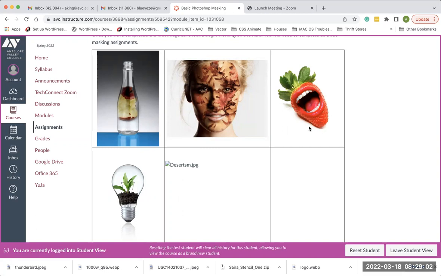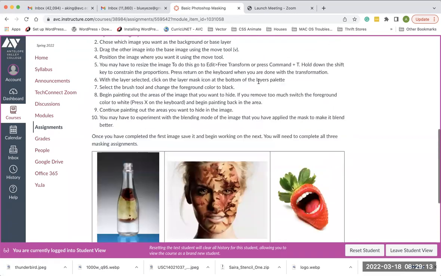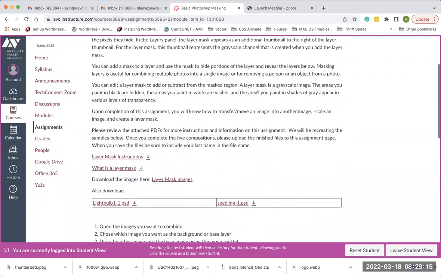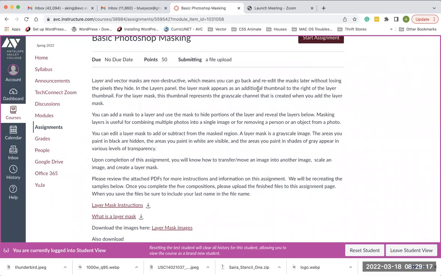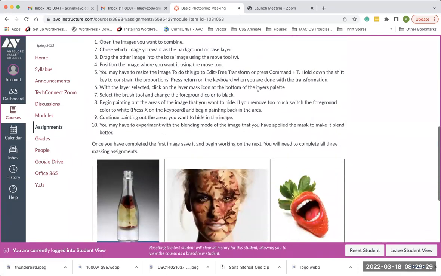Okay, so I'm going to walk through the steps on a couple of these, and then you can just review it for the other ones. Okay, so let me come back up here to the top, sorry. So layer masks are non-destructive, which means you can go back and re-edit the mask later without losing the pixels they hide. So if you were working on an image and trying to create one of these composite images, and